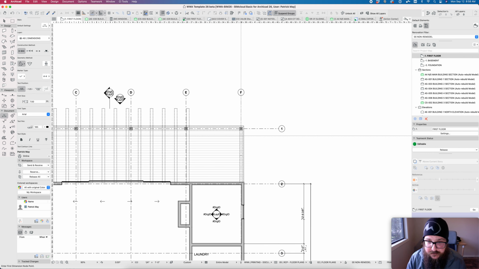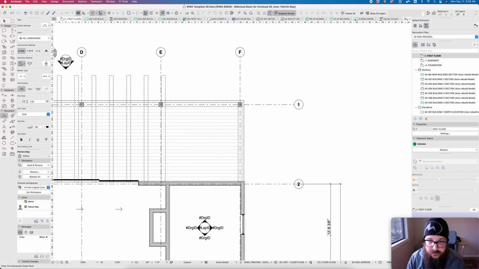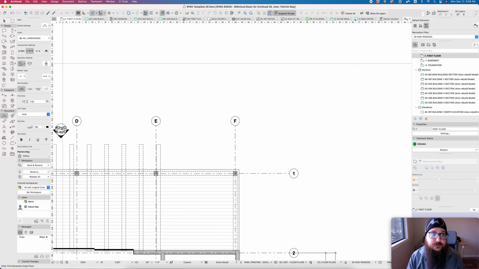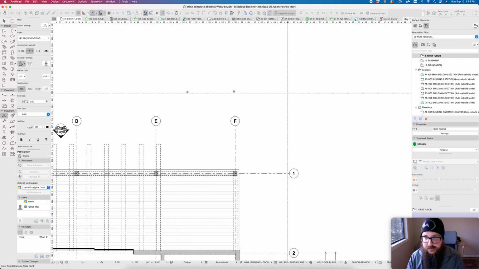Now, if I have a dimension that's going from a center line, say the center line of this grid to the face of the stud here, there is no way to select that dimension segment and edit just the marker type of that segment. So what we have in our favorites is essentially a cumulative dimension type, but we can just switch that type here in the geometry method. And what that does, if I just click out here arbitrarily and place a dimension string,